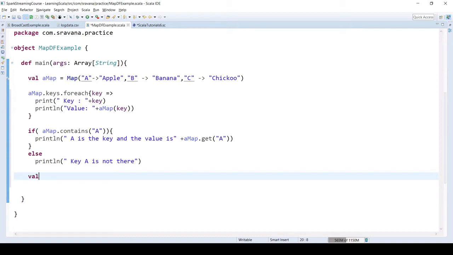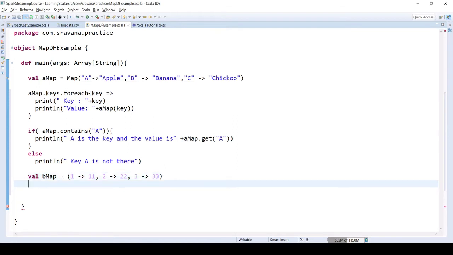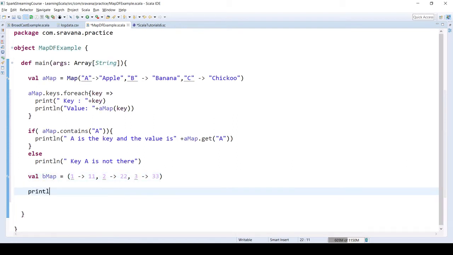And let's create another map with only integers. Now let's concatenate these two and print amap plus plus bmap.